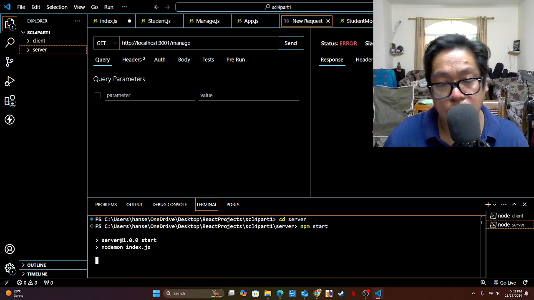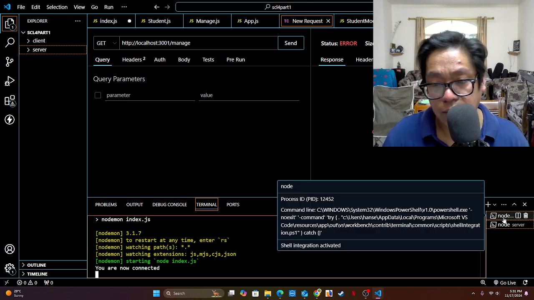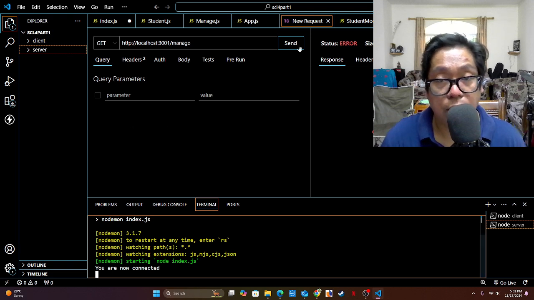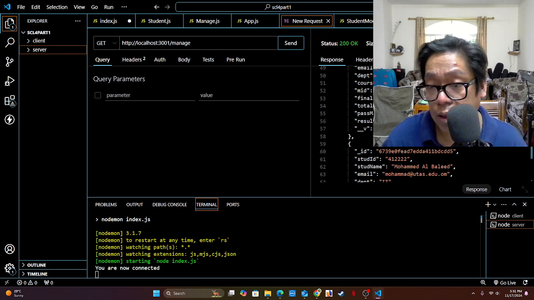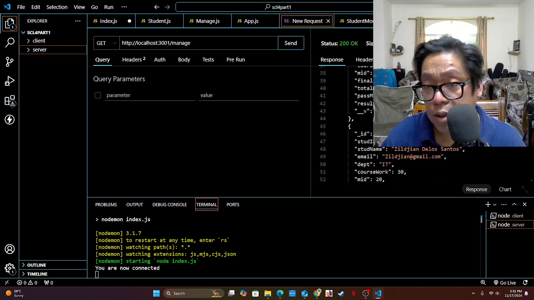Right, so the server should be up and running as well, and let's see later if the node will also display the body. Okay, let's send and see retrieve file, and let's see. There are 5 records over there,